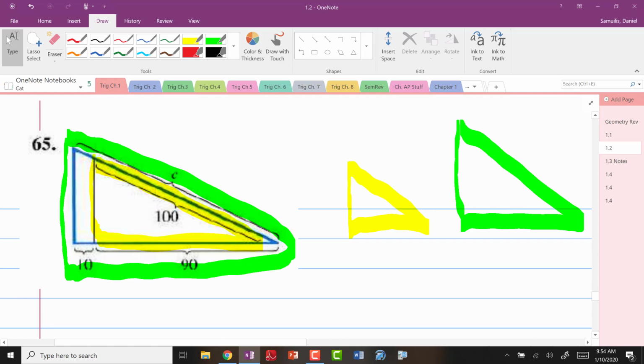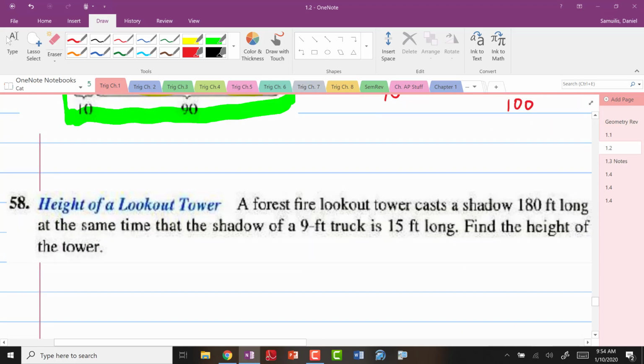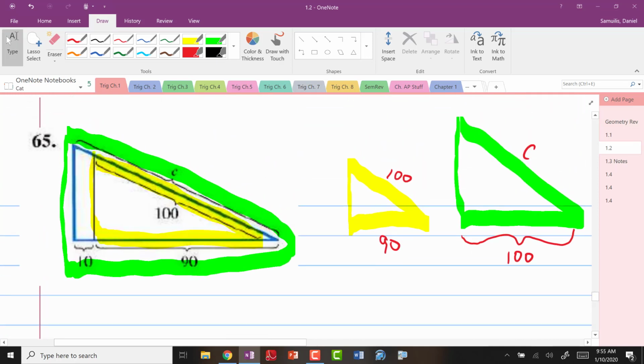All right. So you look at that yellow triangle, and this one's a hundo right here, and then this one's 90. What's that little 10 there? What does that mean this is then? Well, you should figure out that it's 90 plus 10, which is a hundo right there. And then this is C. Once you look at it like this, how do you solve C? It's simple now. Look at it. It's just like this question. All I got to do is do a hundo divided by C equals,